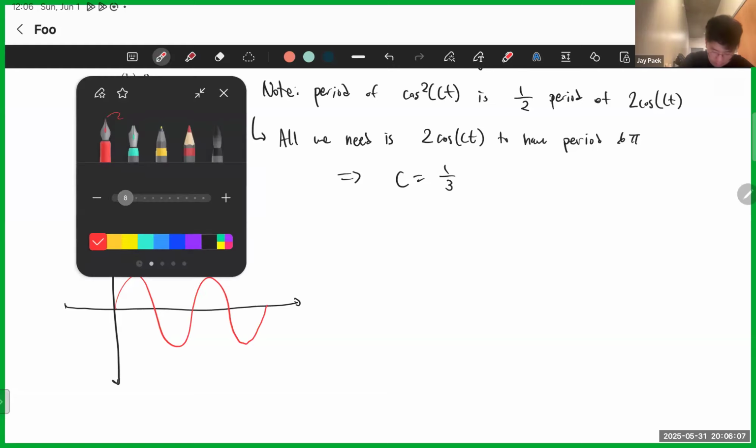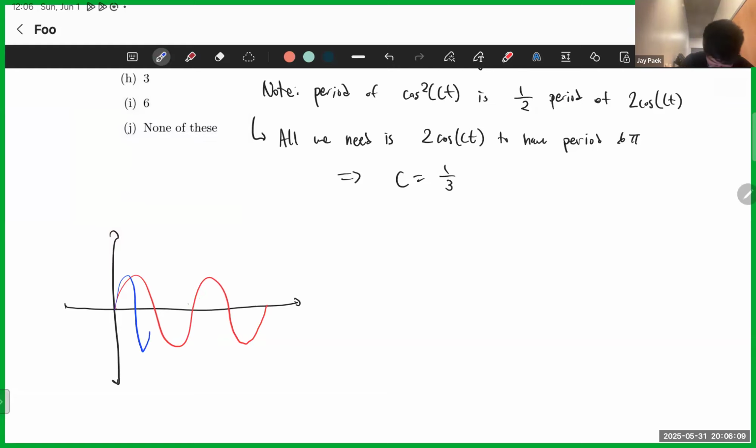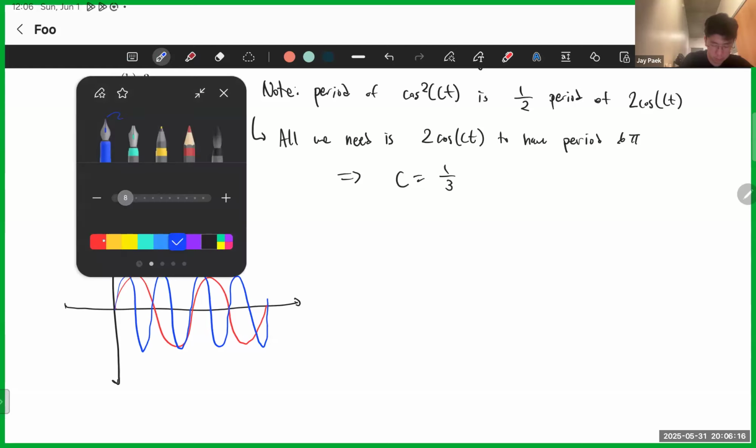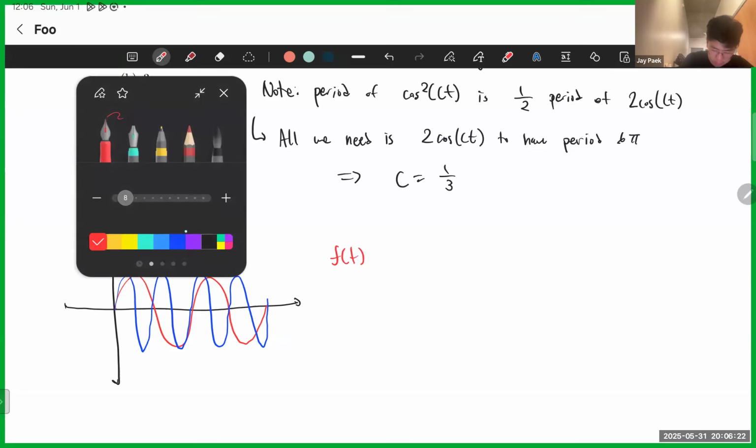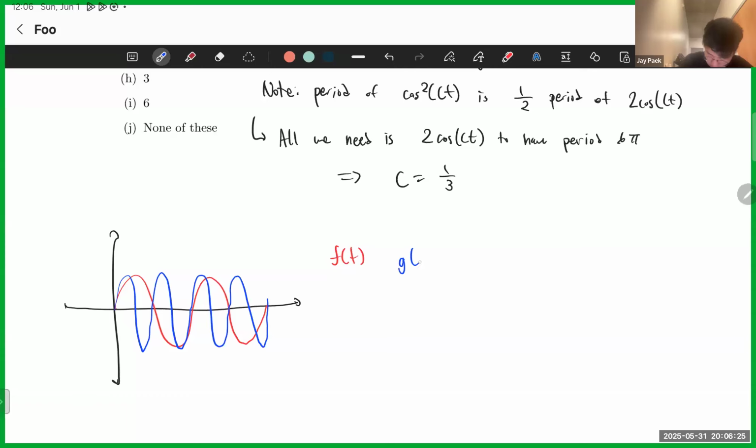If I have a red function like that and a blue function like this, it's very easy to realize the period of f of t plus g of t